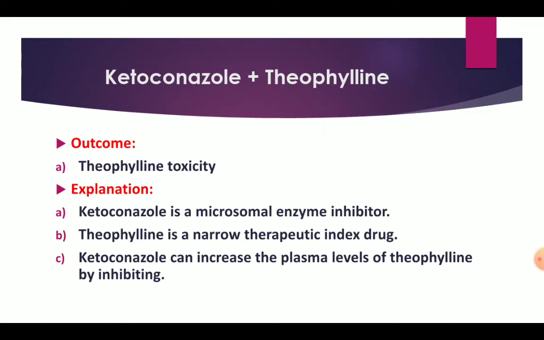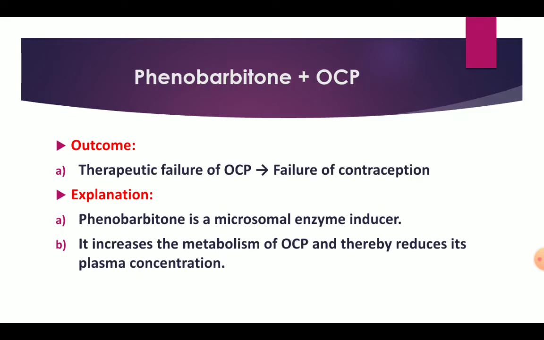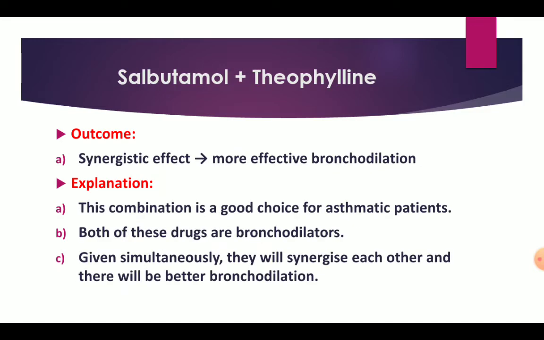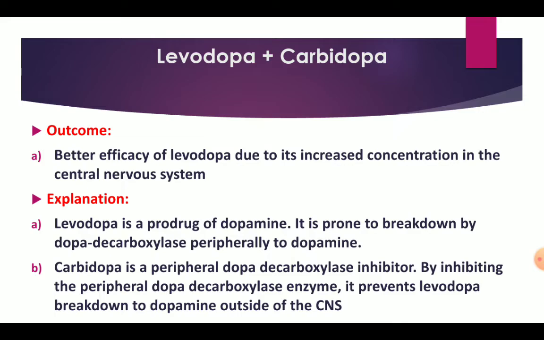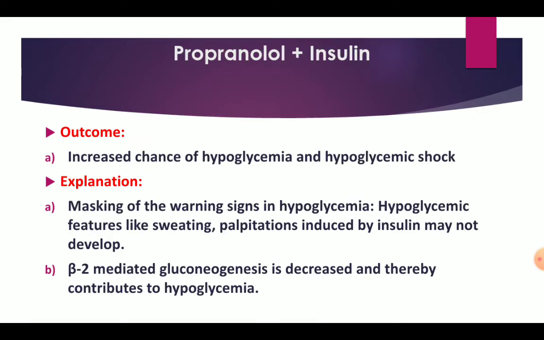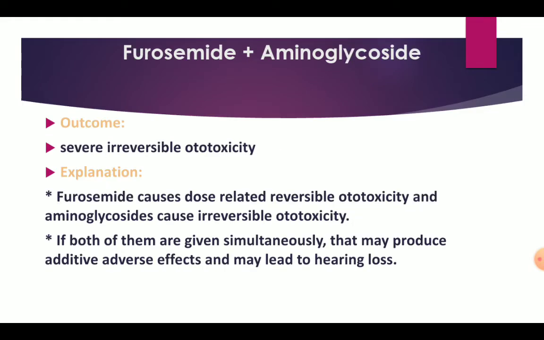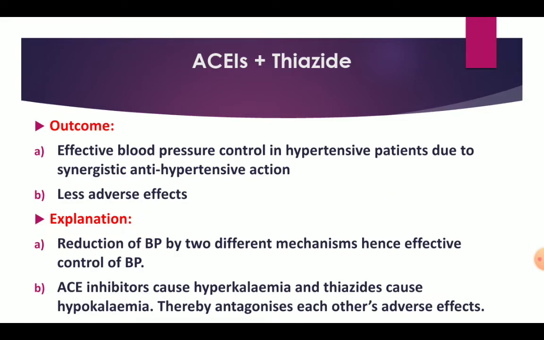Ketoconazole and theophylline. Write down the outcome and explanation. Phenobarbital and OCP, give the outcome and explanation. Salbutamol and theophylline, give the outcome and explanation. Same, levodopa and carbidopa. Okay, you can just pause the video and look for yourself. Propranolol and insulin, just pause the video and see these things. Furosemide and aminoglycosides, ACE inhibitors and thiazides. Okay,